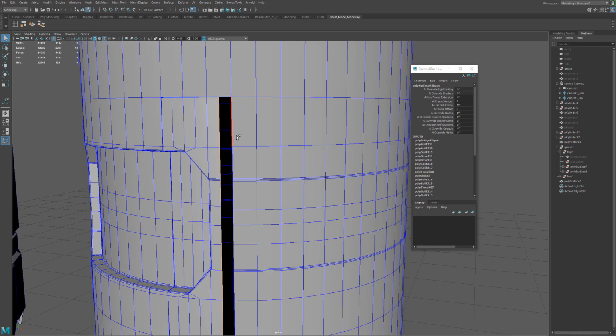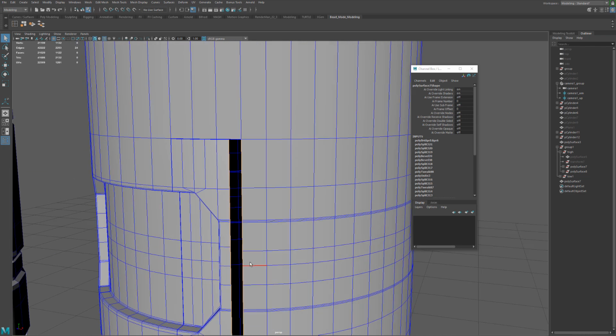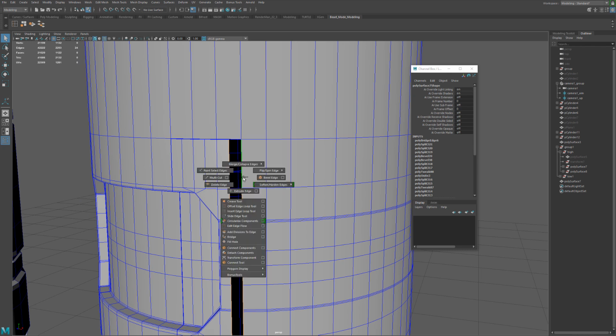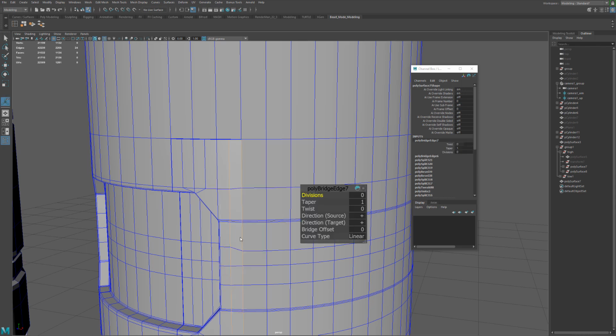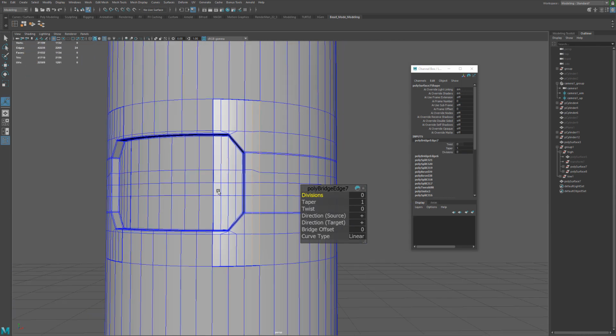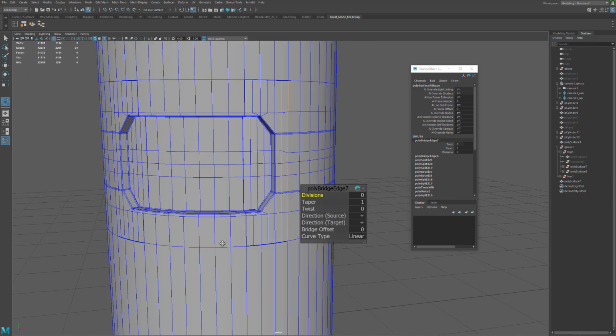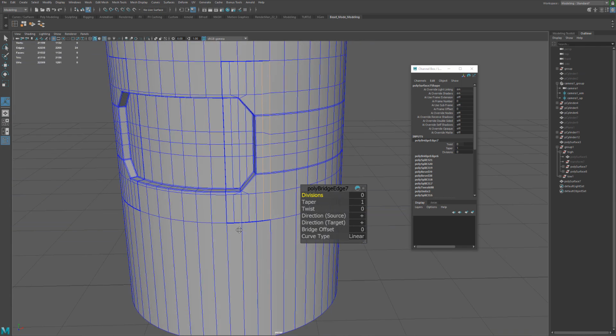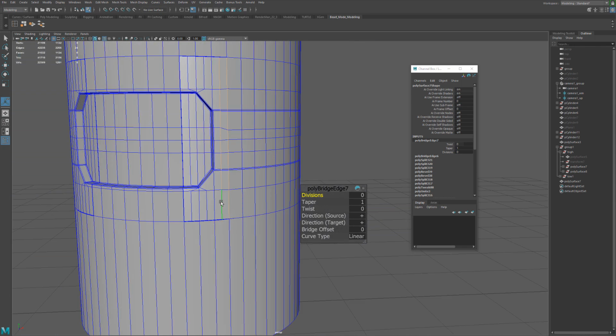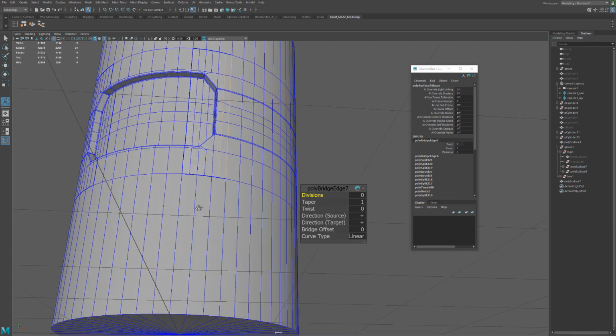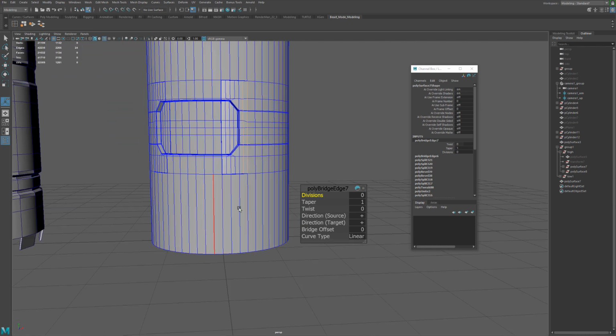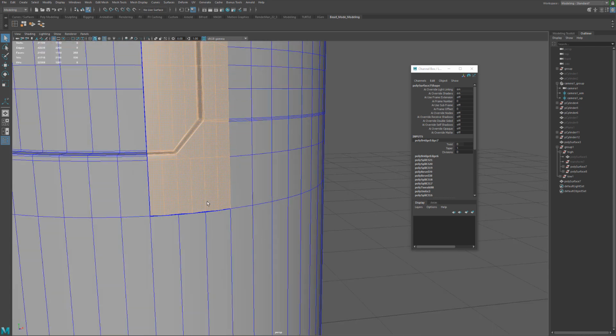Just select that range, shift, right click, and then we'll go to bridge again. All right, so that looks good. And then from here, obviously, we could just extrude down and finish the model, right? So what I'll do is, because we can't really condense this,